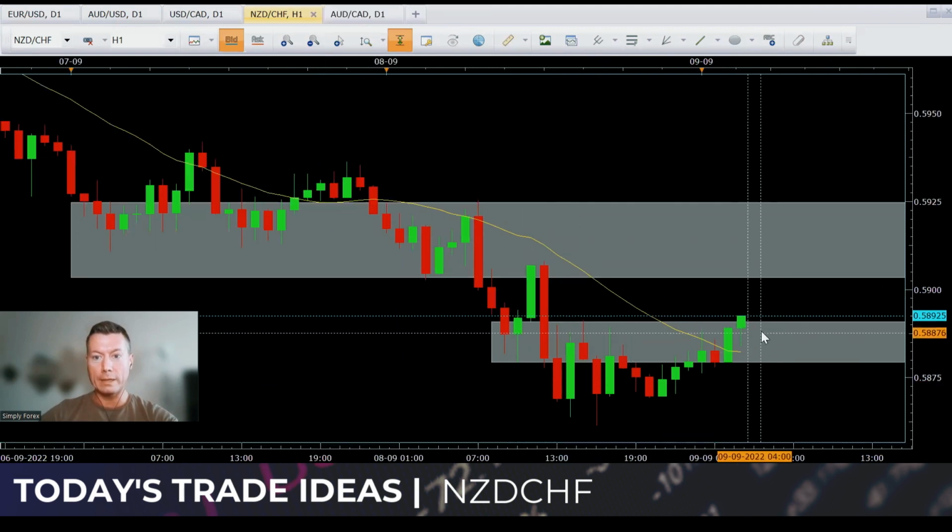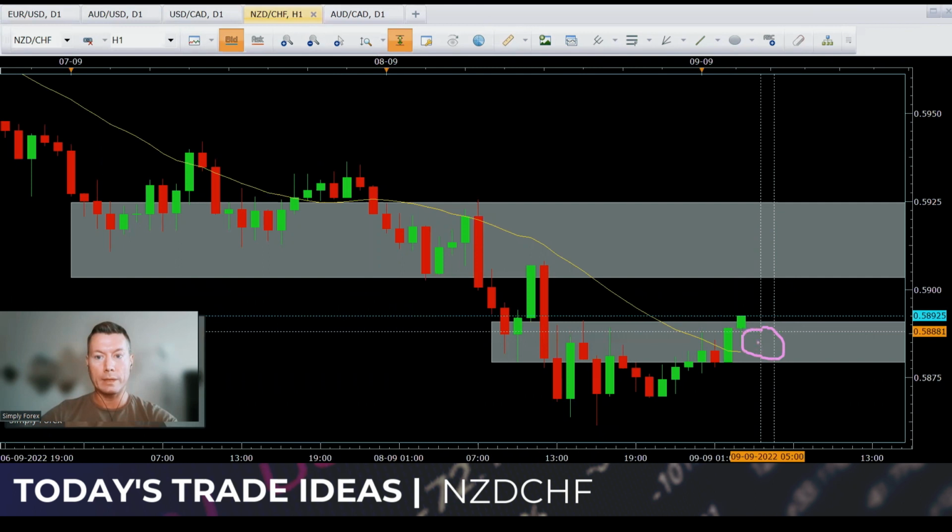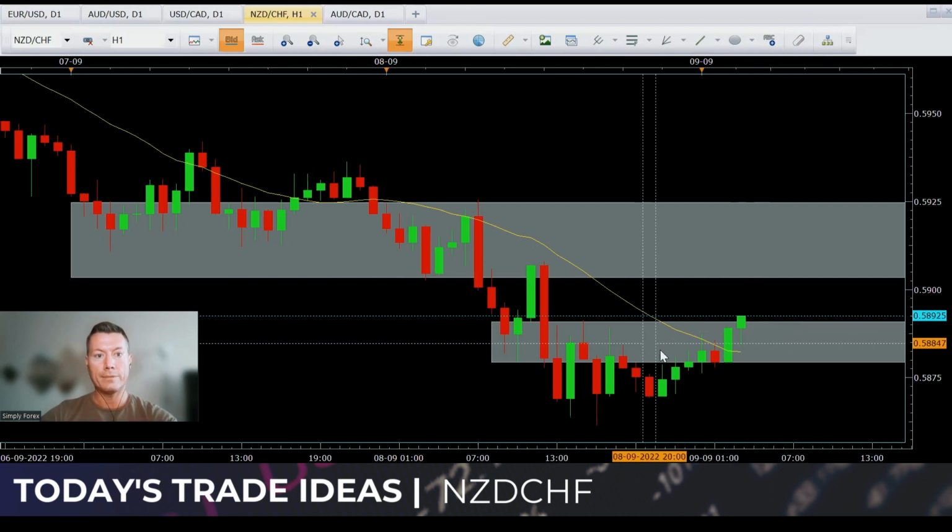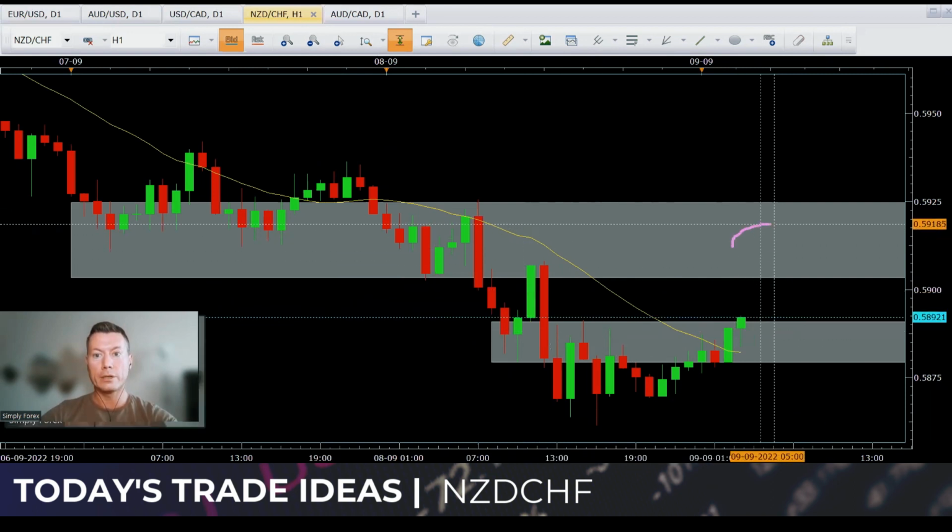As I said, guys, I've already explained the first grey zone: bearish candlestick pattern, take it down to here, close 80%, leave 20% to run. If that doesn't happen, then we've got our second grey zone, which it looks like currently price wants to get to. We've got these lows, these lows, these lows. So this is why it's a grey zone. We've got this and we have this as well. We want to see a bearish candlestick pattern form here. We can then enter the trade, take price back down to our last H1 lows, close 80% of the trade, and then let 20% run.